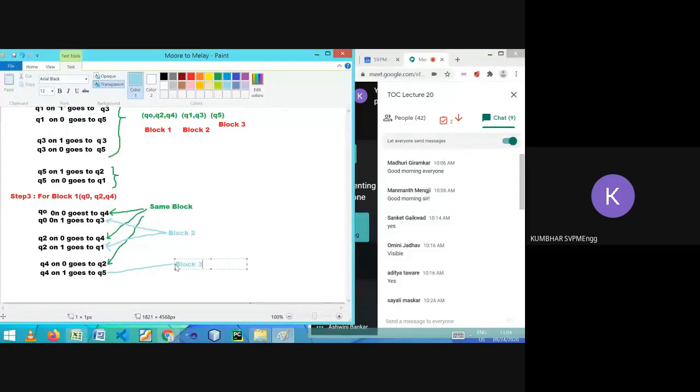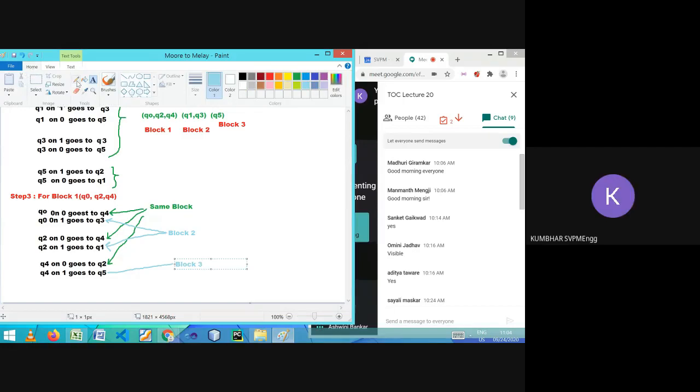In this sense, Q2 and Q0 both transit to the same block, but Q4 is behaving differently. It is pointing to the other group,